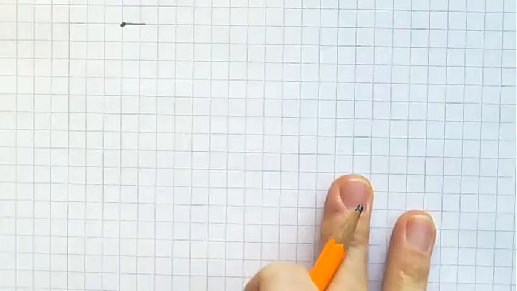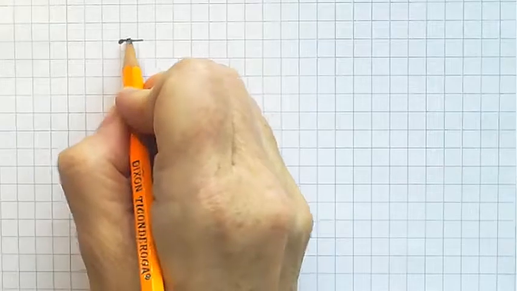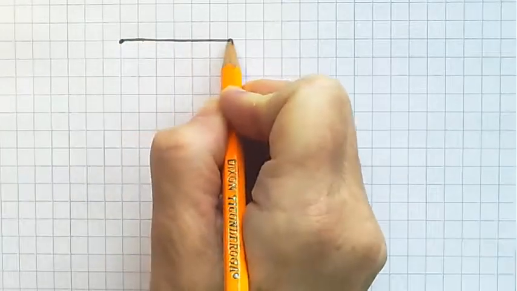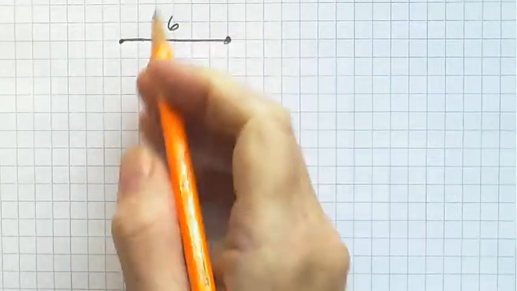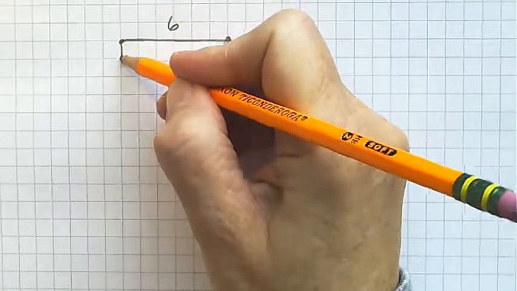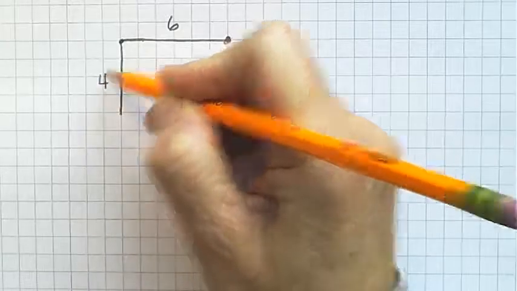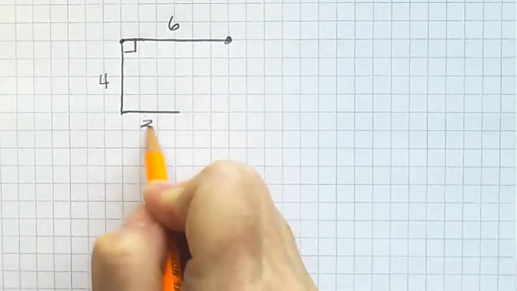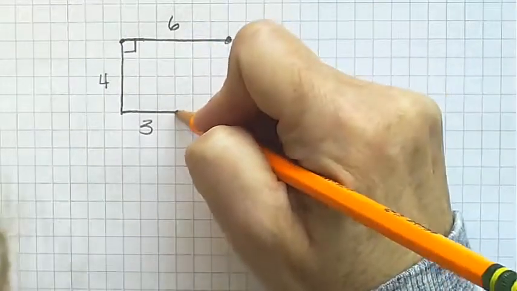I'm just using the graph paper to, let's see, 1, 2, 3, 4, 5, 6. The height is 4. Here this base is 3. And this length